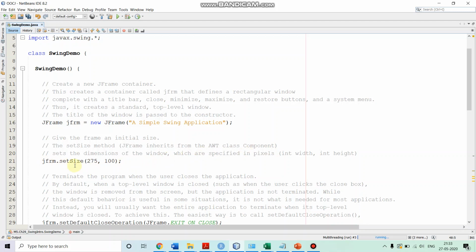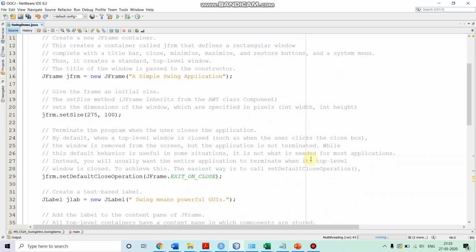The first parameter is the width and the second parameter is the height, both expressed in pixels. So width is 275 pixels and height is 100 pixels. We have created the frame, then we have set its size.